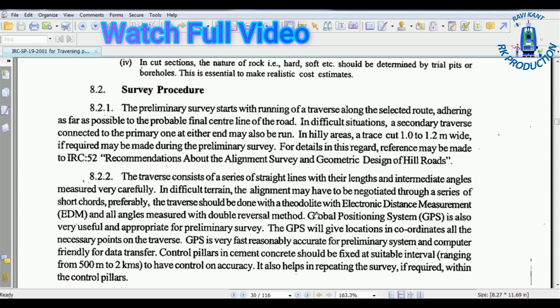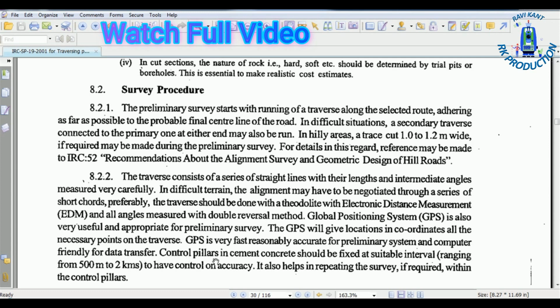Global positioning system, GPS, is also very useful and appropriate for preliminary survey. The GPS will give locations in coordinates of all the necessary points on the traverse. GPS is very fast, reasonably accurate for preliminary survey and computer friendly for data transfer.